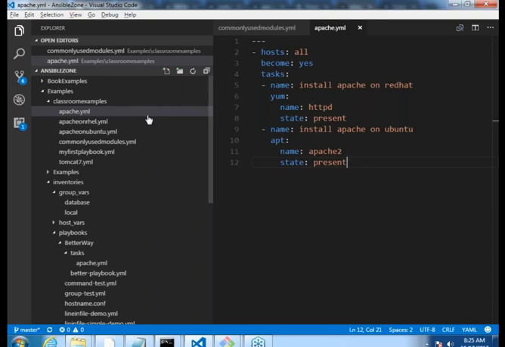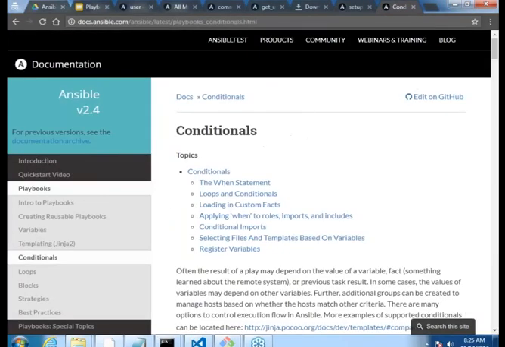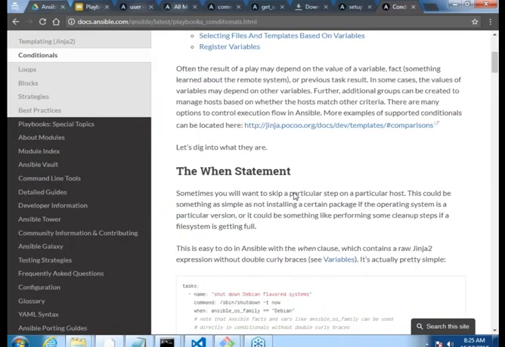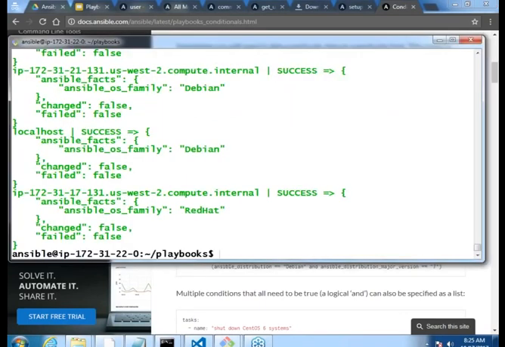In case of Debian, it will not execute yum because it doesn't know anything called yum. So this is the place where conditionals come in handy. So let us get into these conditionals. And you are still seeing a simple when, right? Yeah. When is like if. So I'll be writing